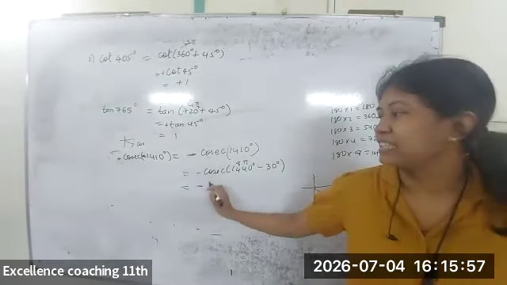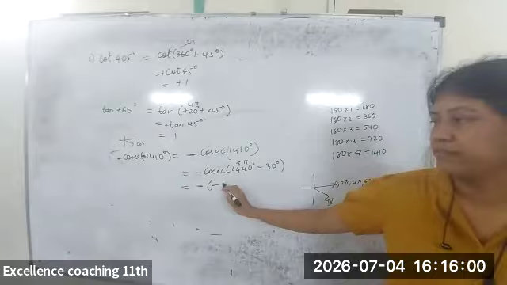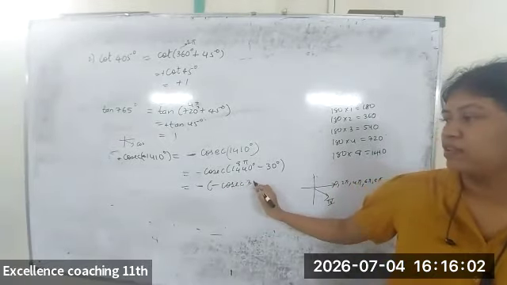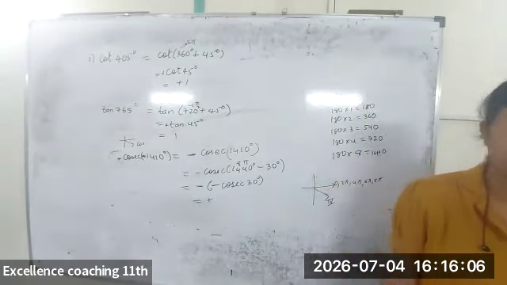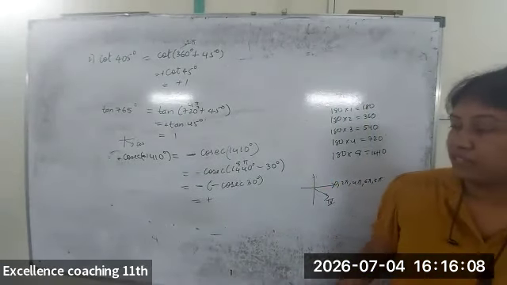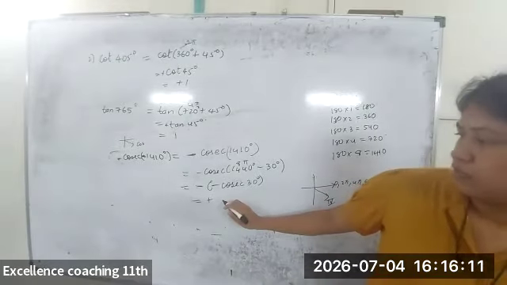Fourth quadrant, cosec is negative, one more minus. So minus into minus will become plus. And cosec 30 will be